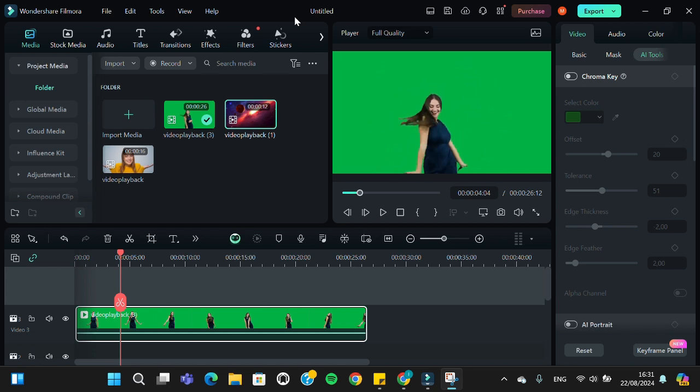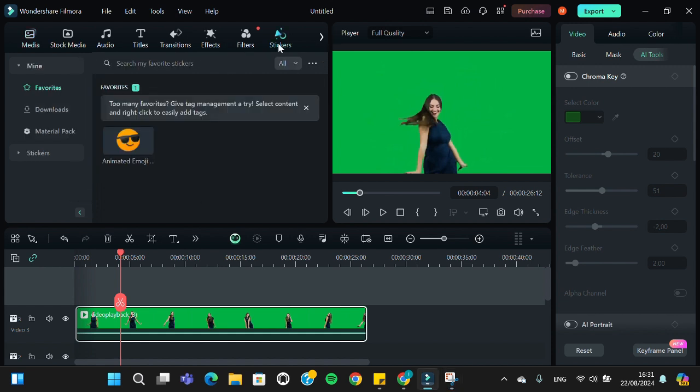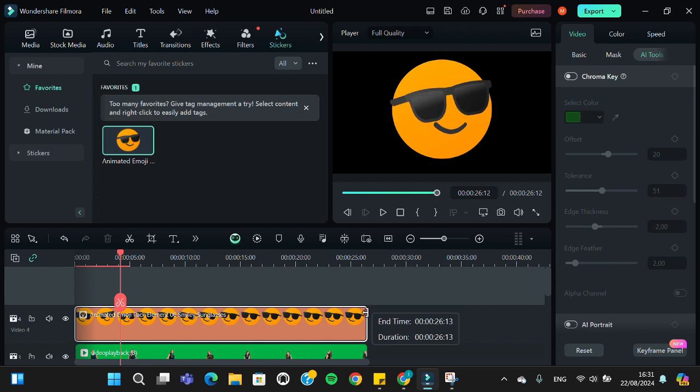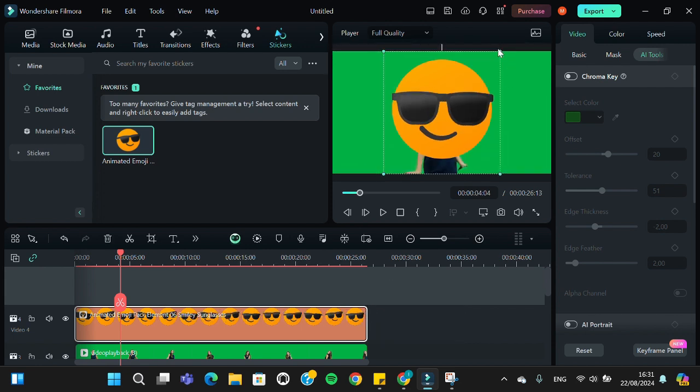Here I have created a project in my Filmora application, and for example, I'm going to cover this girl's face using emoji. First of all, I'm going to add emoji to my video. We can go to the sticker and I'm just going to add this emoji to my project. Okay, I'm going to make this emoji align with my video, just like so, and I'm going to make it